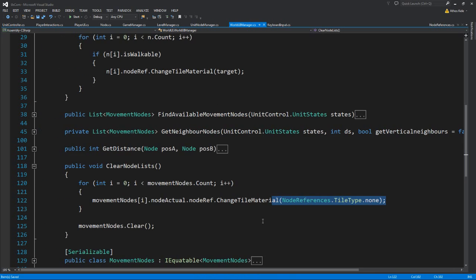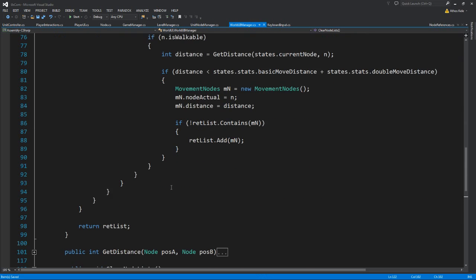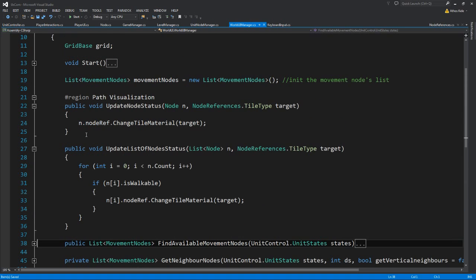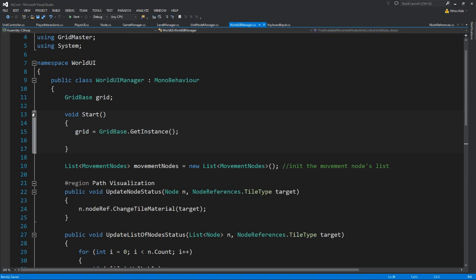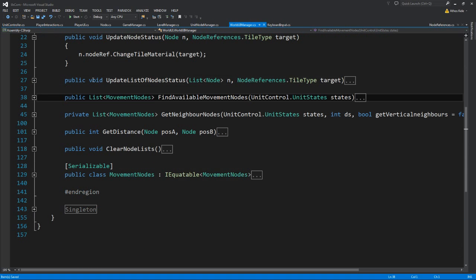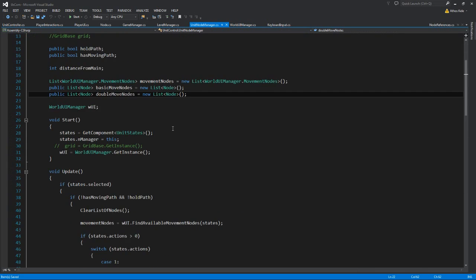And the other thing that I think I'm forgetting, move node list, find move nodes, is basically that when we are, I need to find, yeah, the unit node manager, we have some changes on the unit node manager,